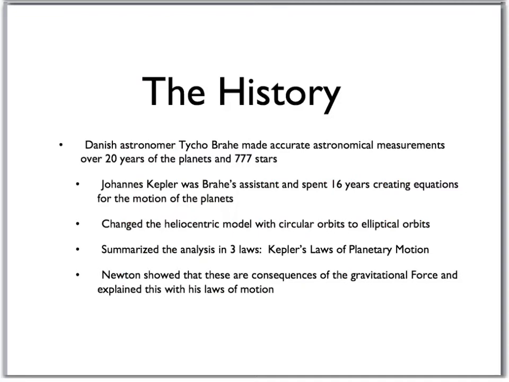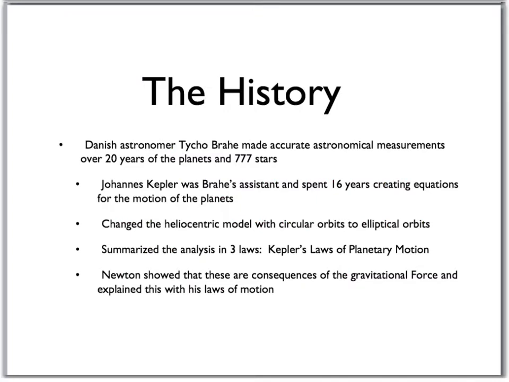Just a brief history on where these laws came from. There was an astronomer named Tycho Brahe who made very accurate astronomical measurements over the course of 20 years, followed planets, followed 777 stars, and Kepler was Brahe's assistant. He spent 16 years creating equations for the motion of the planets, and ultimately what Kepler came up with was